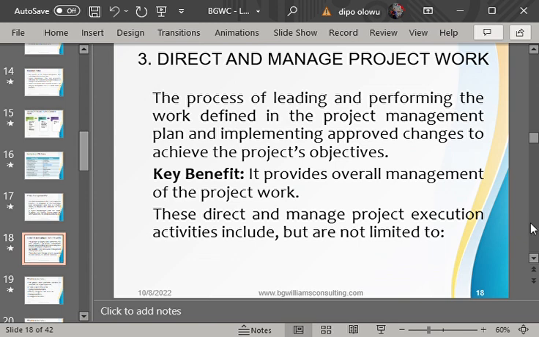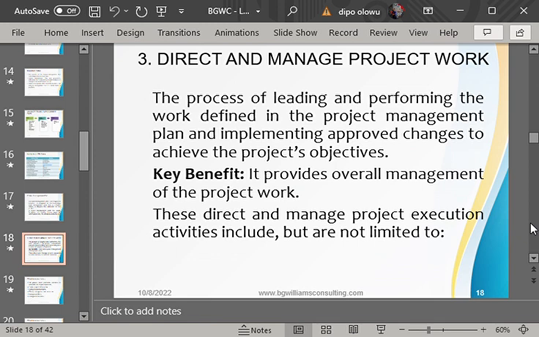Hence, we need to look at the third process, which is direct and manage project work. After we have created the project charter, we use it to create the project management plan, and the next process is direct and manage project work. What do we mean by direct and manage project work?